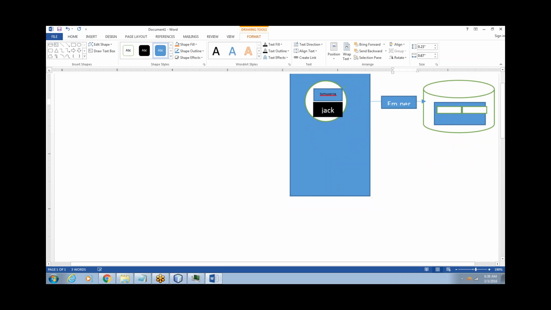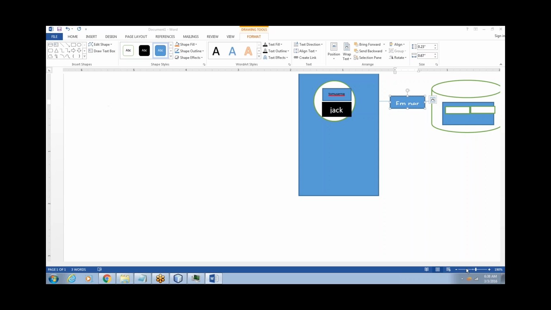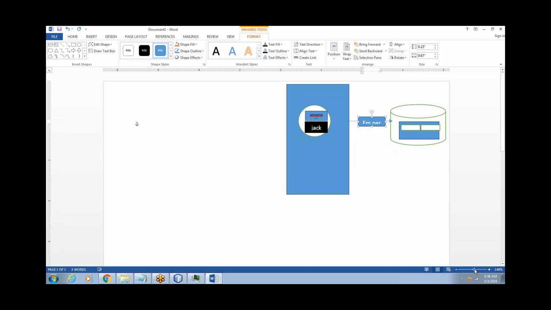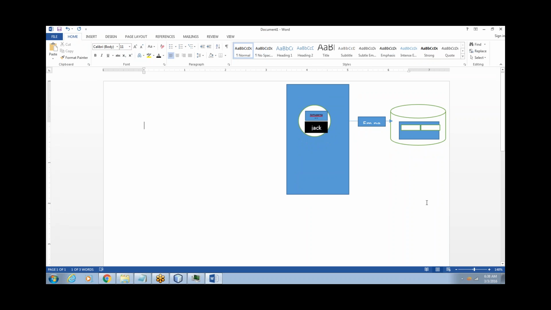Persist. Okay, the zoom is 120. That is the problem. I hope it is visible on the screen. So when you're calling this persist,